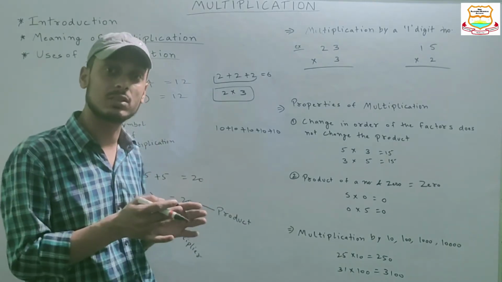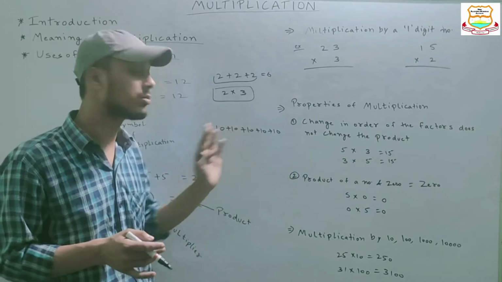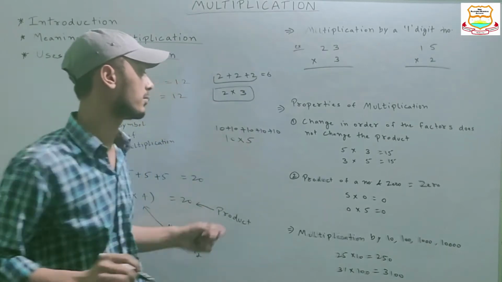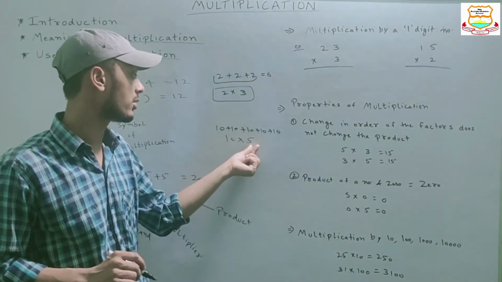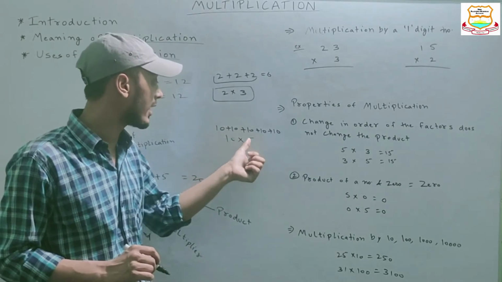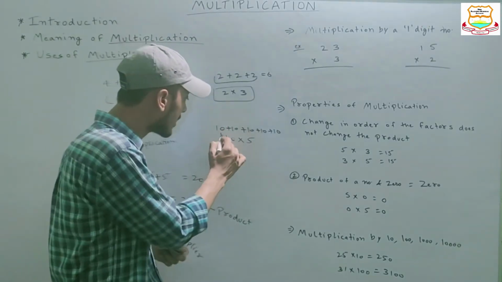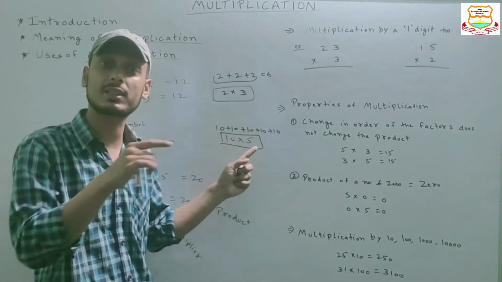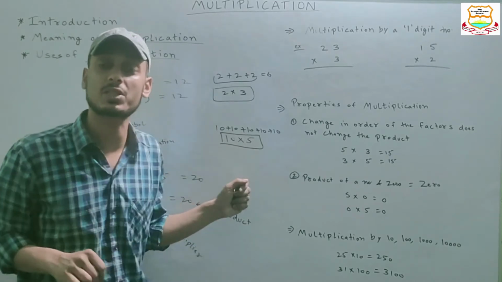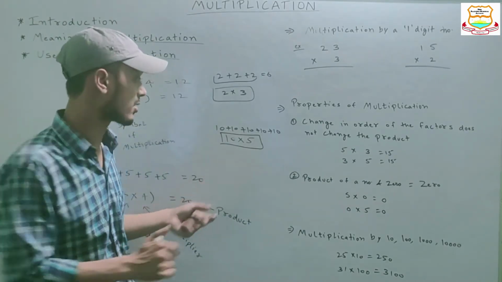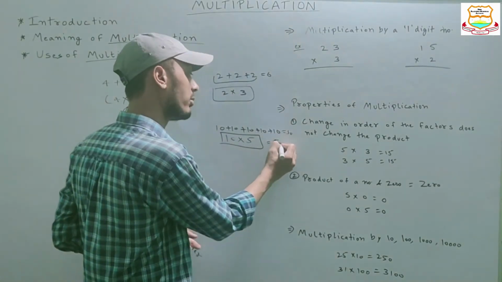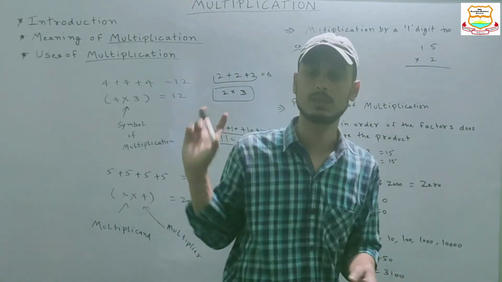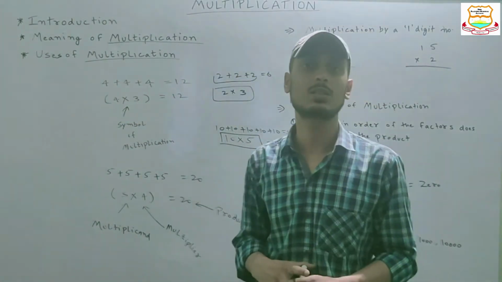And in multiplication, when the same number is being added anywhere, we can represent it like this: 10 into 5. 10 multiplied by 5. The meaning of this is 10 is added 5 times. It has some special meaning. It is related to addition, special addition. Got it? Yes. The answer will be 50. This answer also will be 50. Okay. I hope you understood this. So this is the use of multiplication.